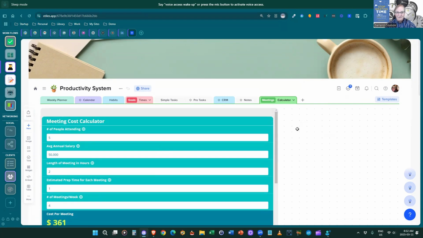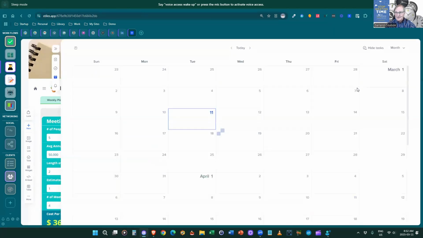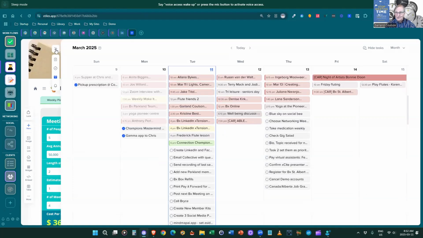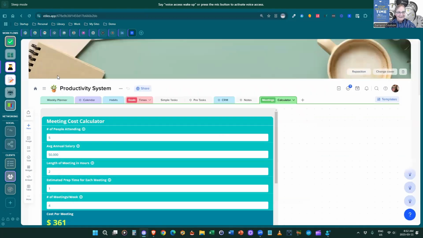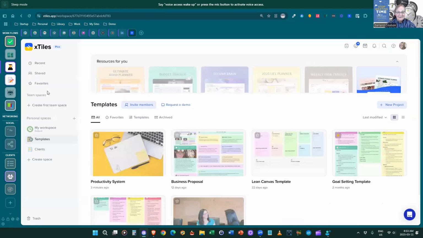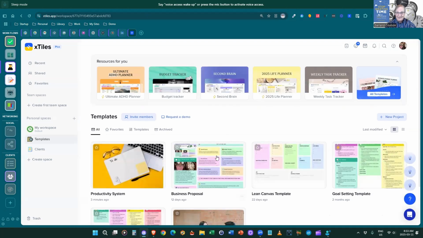So that's just a brief overview of everything that's going on. It can also show your overall calendar. You can see I've got a very busy calendar this week in there as well. And as I said, there are so many great things that can be done with this. This is a